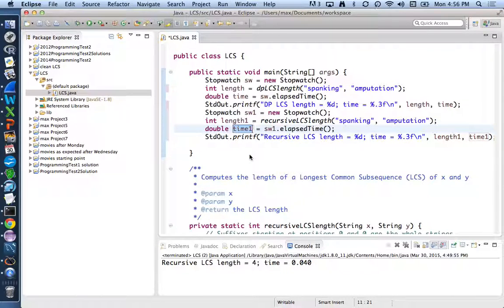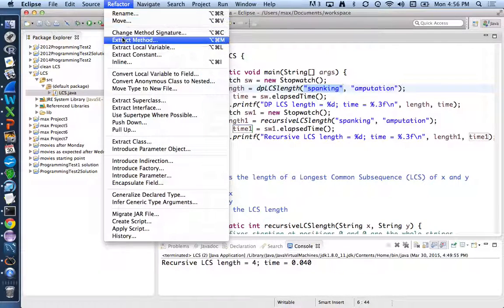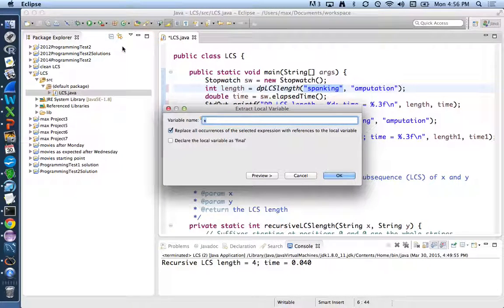And probably rather than having two copies of spanking and amputation, to make it clear that we really want to run the same test twice, I should factor those out. So if I select that and I go to refactor, extract local variable, Command Option L is the shortcut for that. You can call that X,